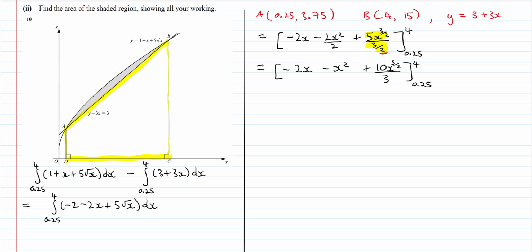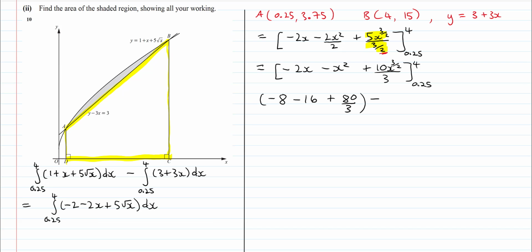So substituting our upper limit in first then, we have, well, negative 2 times 4 is negative 8, and then well, x squared, so we have 4 squared is 16, so we're going to get minus 16, and then plus, well, x to the power of 3 over 2, if we put 4 in there, we can work out 4 to the half, which is going to be 2, and then 2 cubed is 8, so 10 times 8 is going to be 80, and then we have that over 3, and then we're going to subtract,